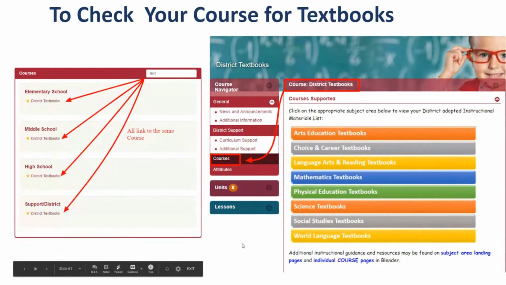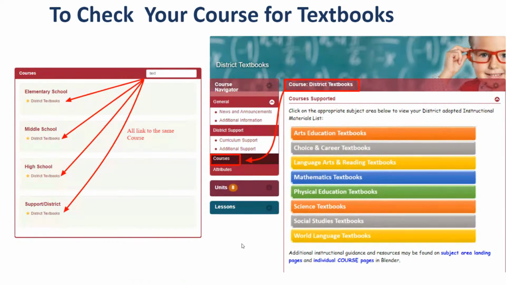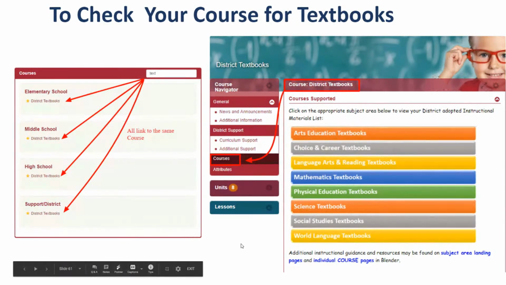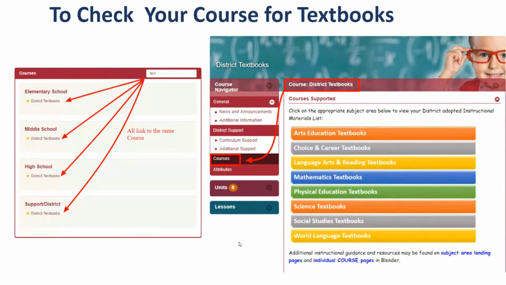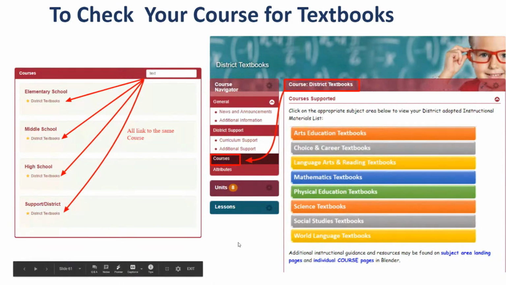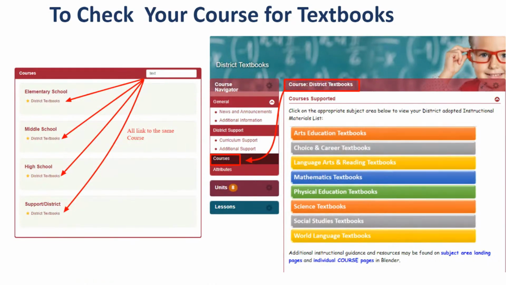And then for this conversation, if you click into the courses area, there's going to be a subject-by-subject listing of all the courses and the textbooks that are adopted. Again, because of the delay, we're finalizing the changes for career and tech ed and world languages right now. But every other subject area is up to date. You should be able to go in there and find what is assigned with your books. So go ahead and the next slide, Dominic.